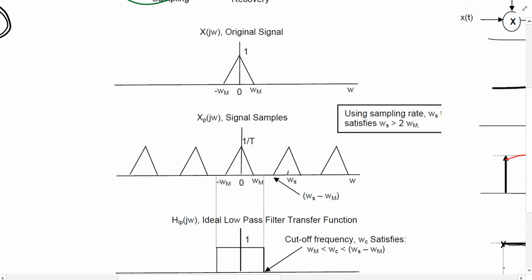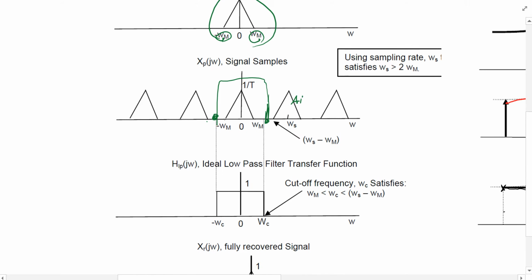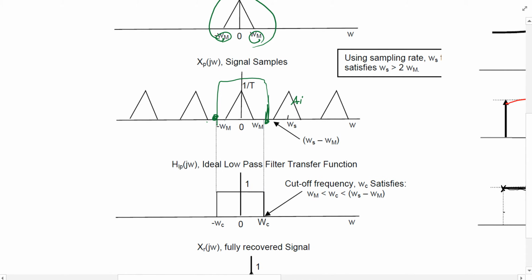When we took the signal that has a maximum frequency of omega m, or minus omega m, and put it through our sampler, we got something with aliases, and these are the aliases, right? And this other piece is what we actually want when we recover it. So if I could get a cutoff frequency between these 2 points, and I can do that because